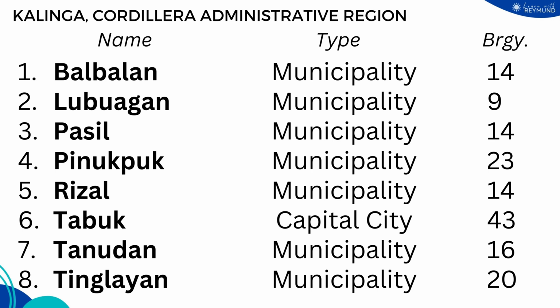We have the municipality of Balbalan with 14 barangays, municipality of Lubwagan with 9 barangays, municipality of Pasil with 14 barangays, municipality of Pinokpok with 23 barangays, municipality of Rizal with 14 barangays, the capital city or the provincial center or the provincial capital, Tabuk City with 43 barangays, the municipality of Tanudan with 16 barangays, and the municipality of